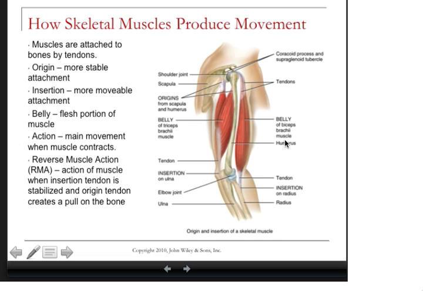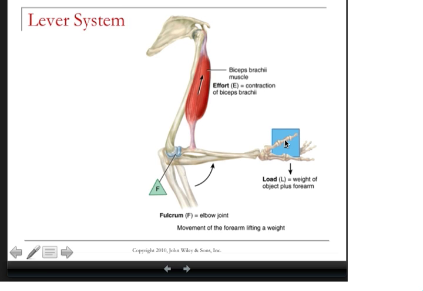Reverse muscle action, or RMA, is the action of the muscle when the inserted tendon is stabilized and the origin tendon creates a pull on the bone. And so what happens now is that we affect a movement of some type. Now when we talk about movement, we have to sort of talk about joints, which we addressed in the previous